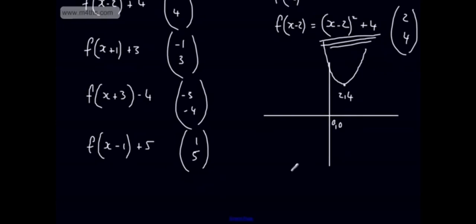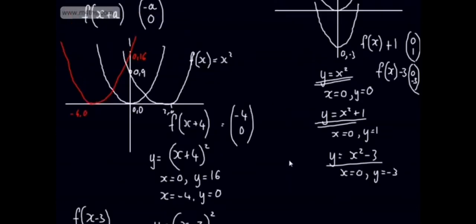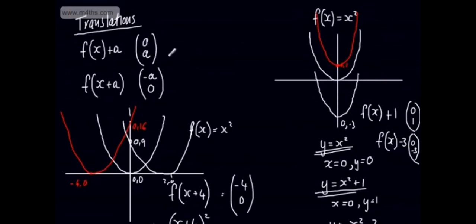So this one right here, now we would have x plus 1 all squared plus 3, and we know that that minimum point would be now minus 1, 3. So minus 1, 3 is going to be about there, as we're taking this to be the positive x squared. So now you can see in terms of the graph transformation, how the completed square form just gives us these two simple translations in both the x and the y direction. So there we go, translations. We don't alter the shape of the graph, we just move it. They're translations. Let's move